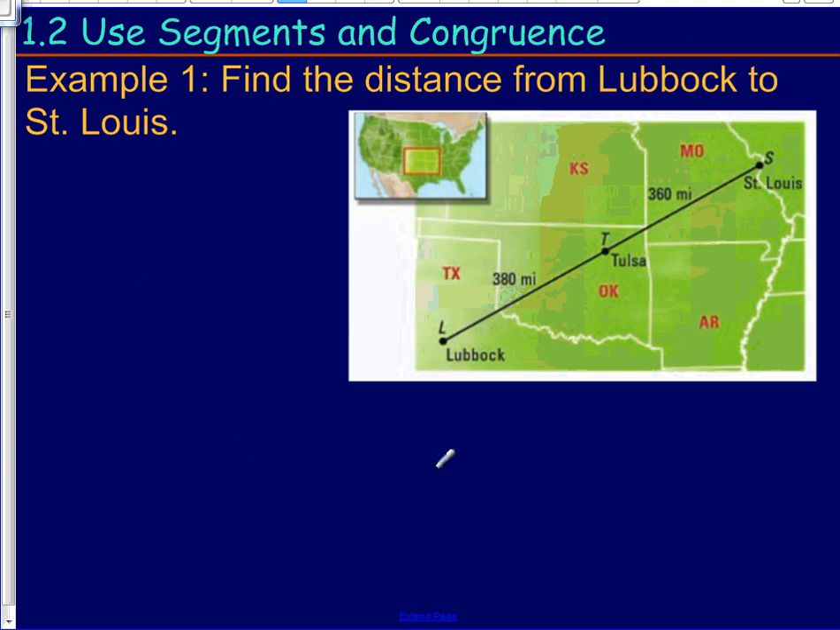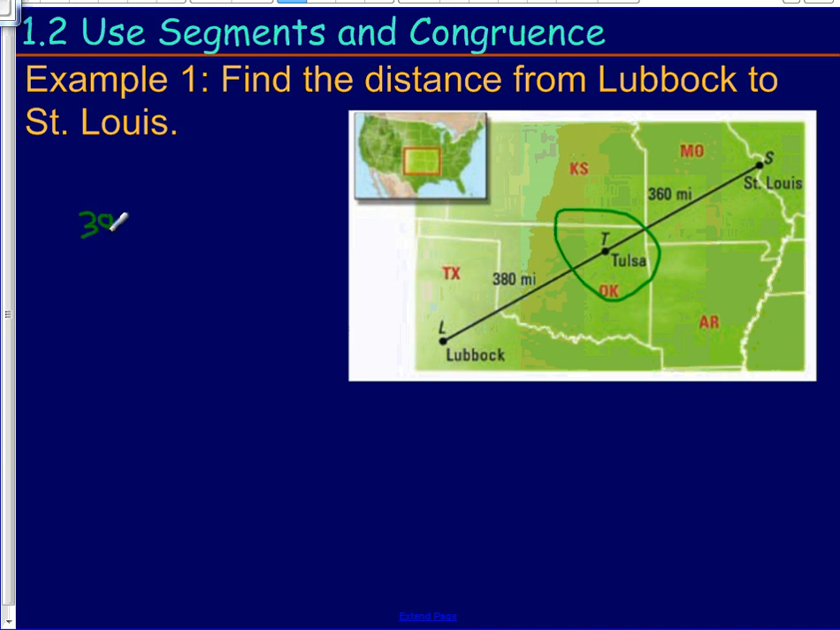Alright. So, our first example, it says, find the distance from, I think it's Lubbock to St. Louis. Okay? So, we have a map here, and it's showing us the distance between Lubbock to Tulsa and from Tulsa to St. Louis. Tulsa in this case is between Lubbock and St. Louis, so we could take 380,